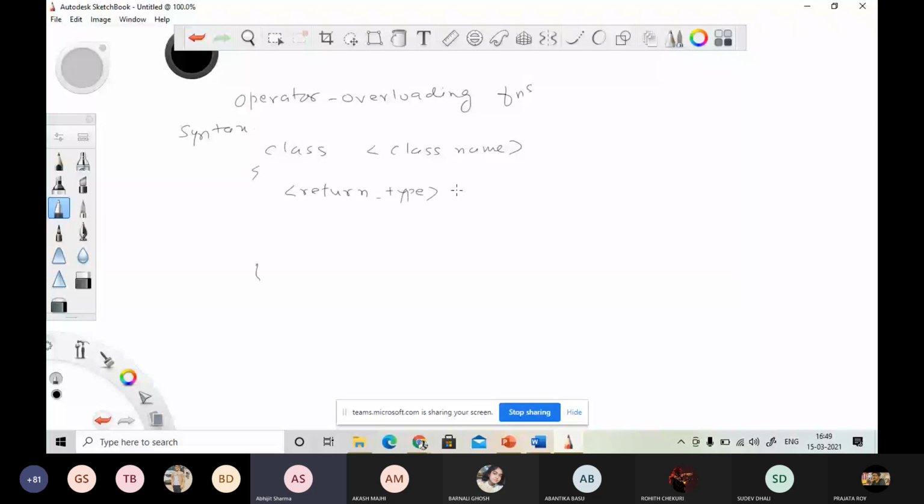a keyword operator, OP is the operator, that means the symbol like plus, minus, plus plus, minus minus or any other operators, and then the argument list. So this is the prototype,